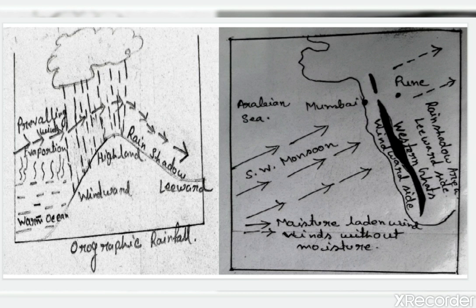Now Indian rainfall, or the rainfall that occurs in India due to the monsoon wind, is basically this type, that is orographic rainfall. That is the reason why when the moisture laden southwest monsoon wind hits the Western Ghats, its windward side receives rainfall, whereas the opposite side, that is the leeward side, receives extremely less rainfall or zero rainfall. Okay, that is how relief plays an important role.